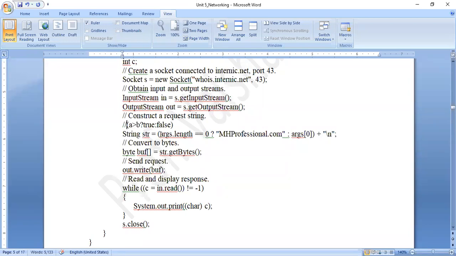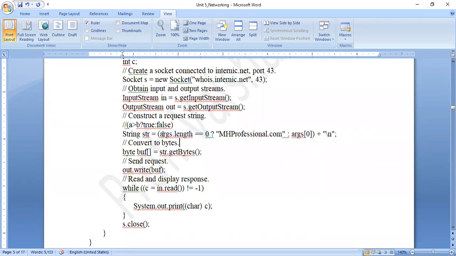This ternary operator here, as you all know, this is the condition. What is the condition? If the user passes the value as command line argument. I hope you all remember in your third semester you learned command line arguments. You had a journal program to calculate factorial by accepting the number as command line argument. Whenever the user passes a value to the program at the time of execution, it is called a command line argument. These command line arguments are stored in an array called args, and they are stored in sequence from the place 0. args[0] indicates the first value, args[1] indicates the second value entered by the user.